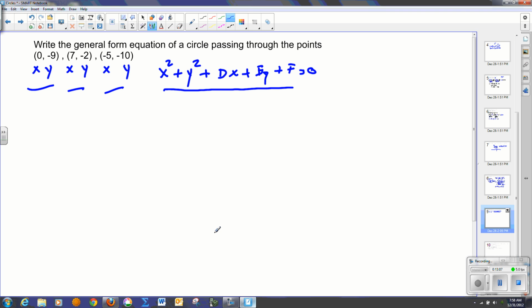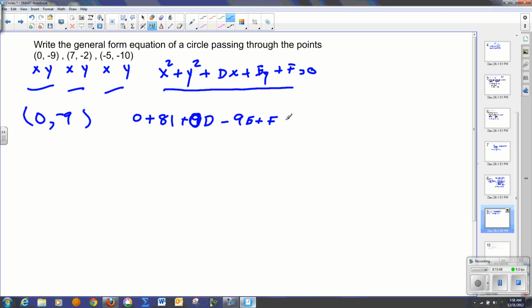Thus, I'll have 3 equations with 3 unknowns, and I can solve a system. So let's at least start that and set the system up. If I have the point 0 and -9, like so, and I plug that into my equation, I have 0 plus 81 minus 9d, oops, sorry, 0d, because that's my x value, minus 9e